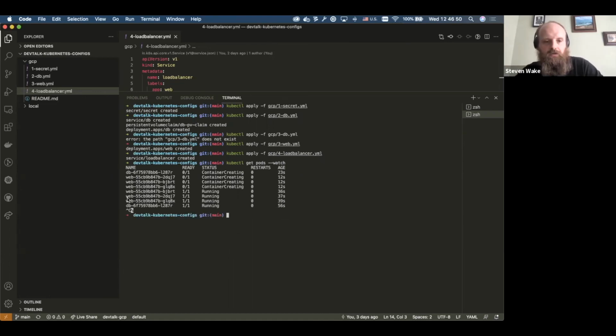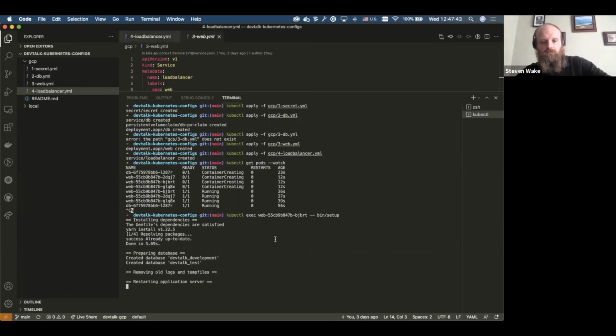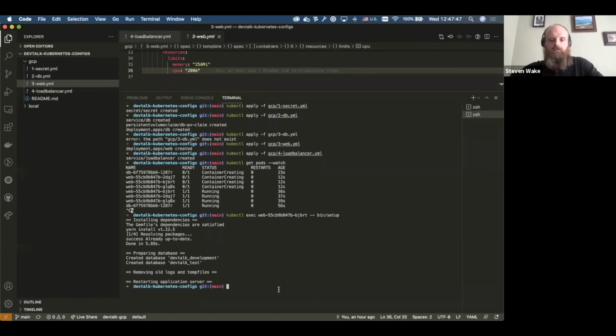So all we need to do now is to run the setup on one of the containers. kubectl exec -- bin/setup. The suspense. Okay, sweet.